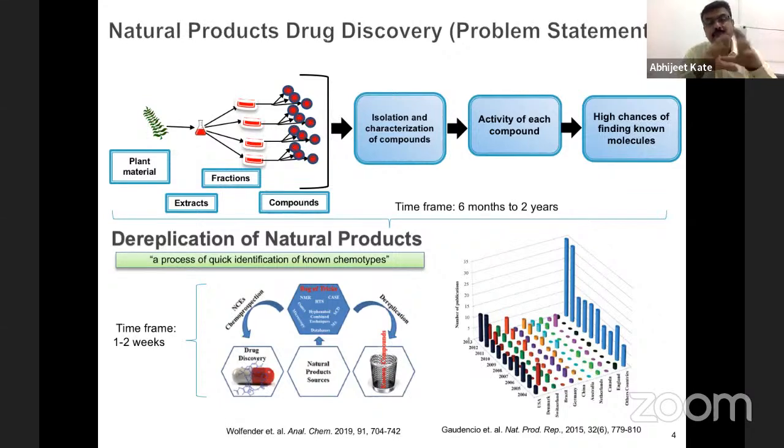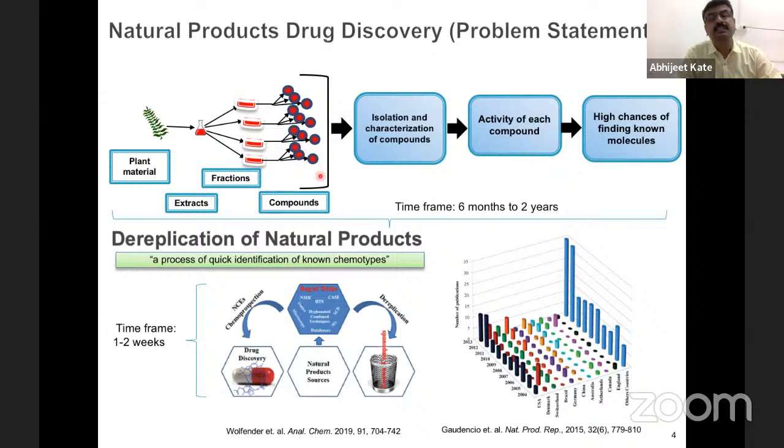As I'm mentioning here in this slide clearly, on the top part is how complicated this process is: from plant material or any other natural source, you extract, you fractionate, you find a compound, you isolate it, characterize it, you find out the activity, and then you come to know that, okay, after 6 months or 1 year or so, you isolated the same compound which has anti-cancer potential or anti-diabetic potential. Then you say that, okay, I have wasted almost 1 year without getting a new compound or anything. So,